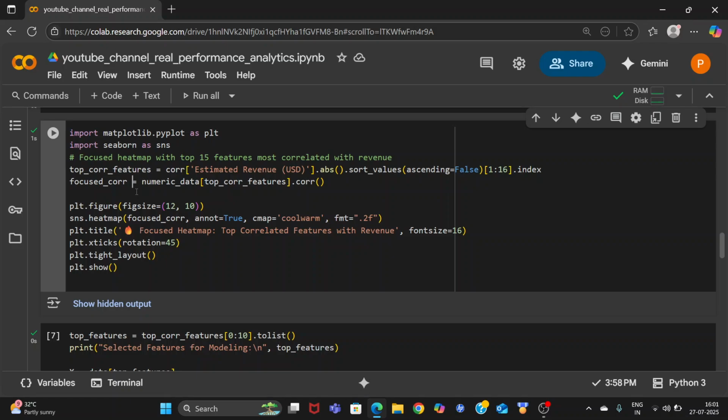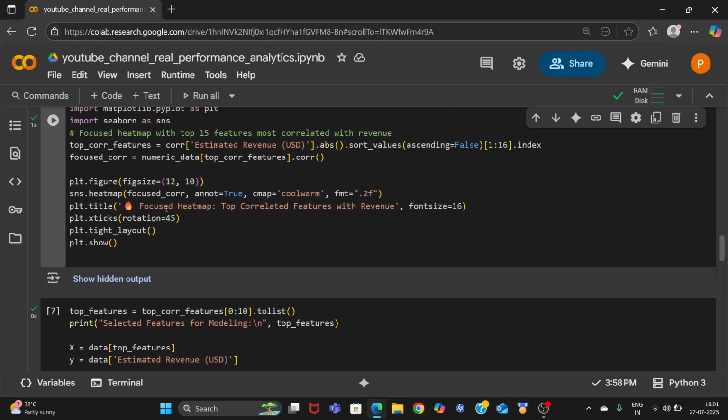And these are the crucial steps of feature selection. It finds the absolute correlation values of all features with the target variable,